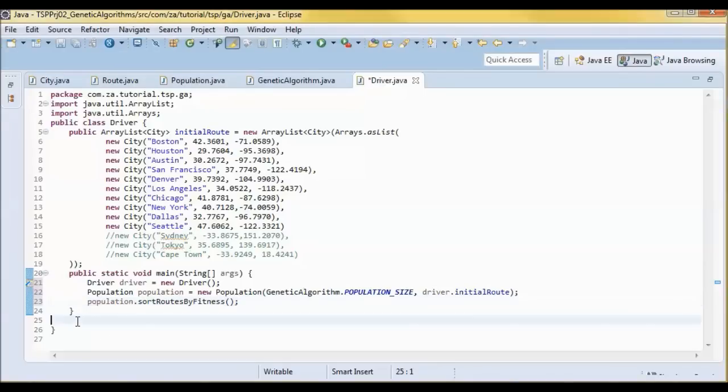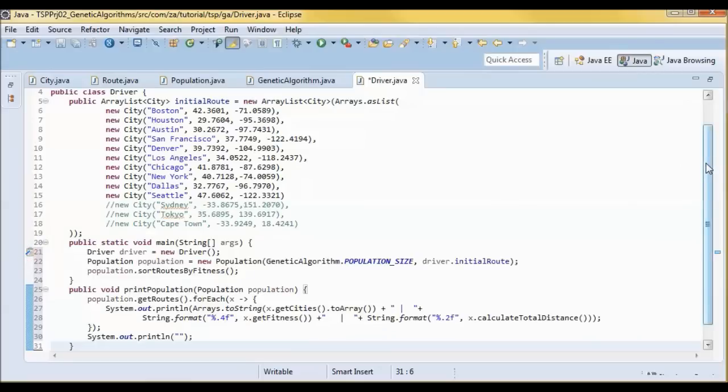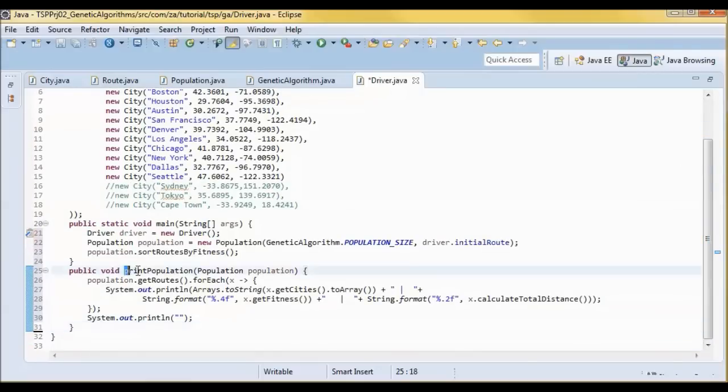And I need a method that prints that population. I'll have this print population method where I would pass it a population of routes, and it will pick up the routes and then do a for each and print out the cities in that route and the fitness for that route and the distance for that route.